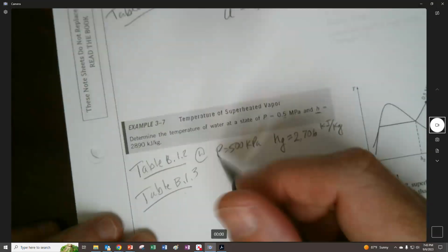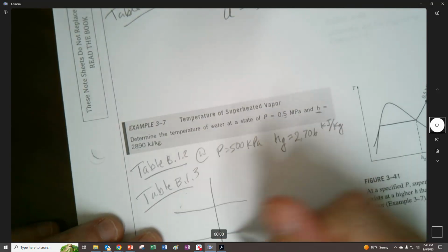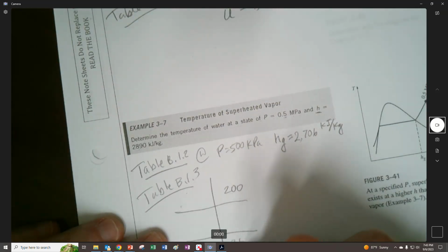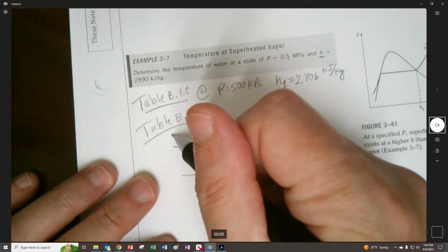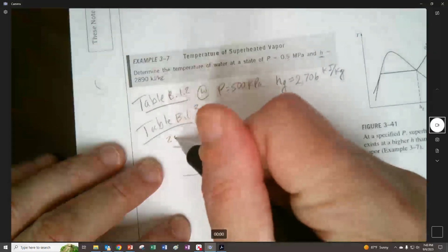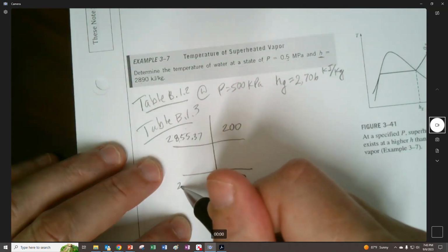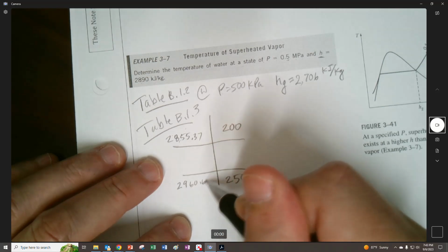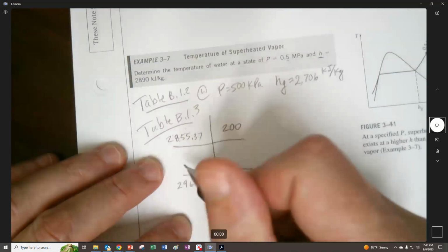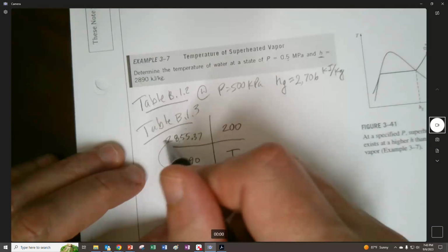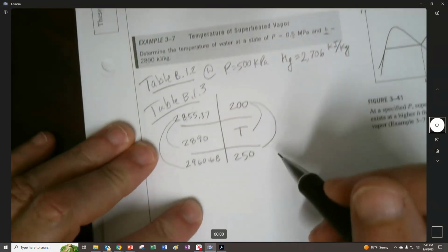So we're going to use that and interpolate, and so our answer is going to be somewhere between 200 and 250. So I'll just draw my interpolation table. And over here, I will write my 200 and 250 right in there. Here's the value corresponding to 200 at that pressure: 2,855.37. And we have 2,960.68. The one we want is 2,890. And right here is the temperature that we have. So that versus that, that versus that. We can write